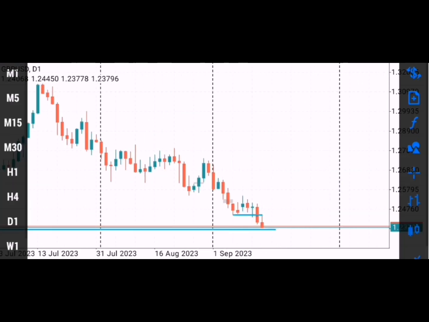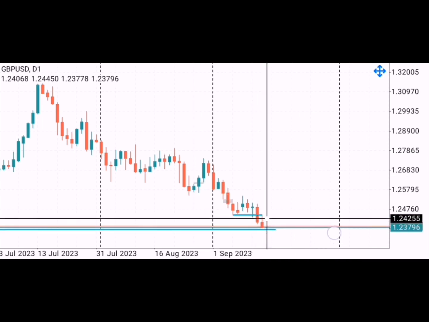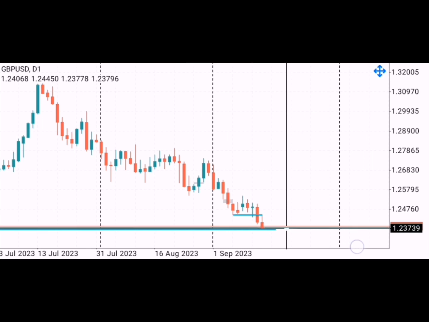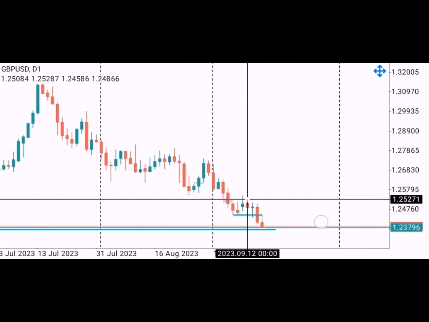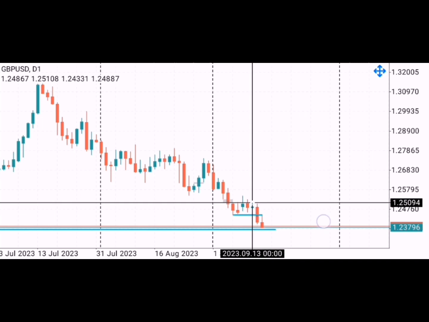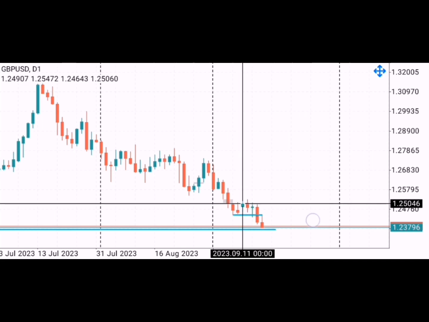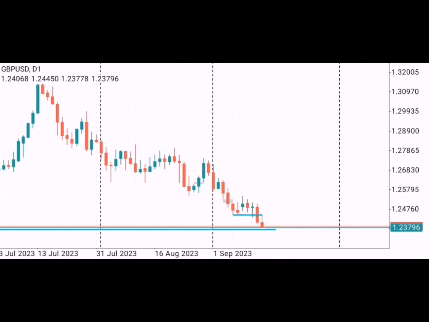Another scenario that could play out in this market is that after taking out this level, we will see a momentum shift, and then price will begin to seek higher prices, trading into these levels, these highs, these wicks over here. And that is one other situation that we can prepare ourselves for. But as for now, this market seems quite bearish as the dollar is looking bullish.